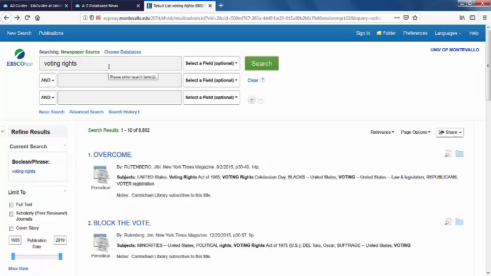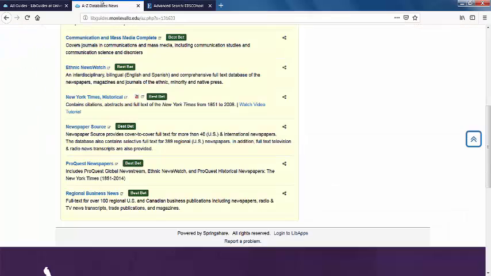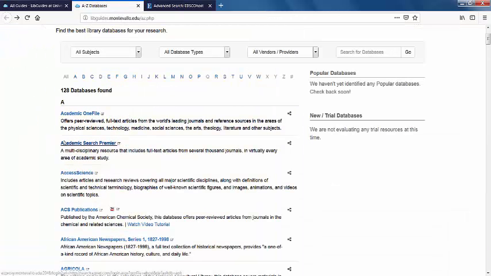But the types of articles that you need are going to really determine what kind of database you're looking in. So again, there's a big variety. They all have things that are a little bit different in them. So keep that in mind when you're looking. And again, use the subject drop-down box, ask a librarian, or start out in a database that does have a little bit of everything to give you an idea of what's out there and how to narrow down. Okay, so that is just a very, very short, brief, basic look at how to find articles in the library